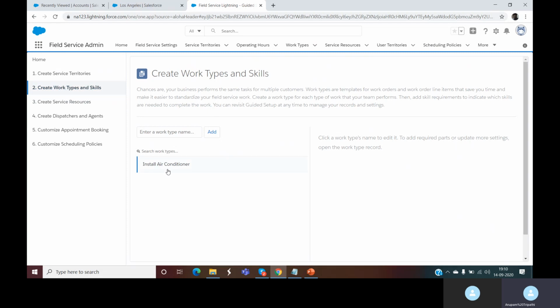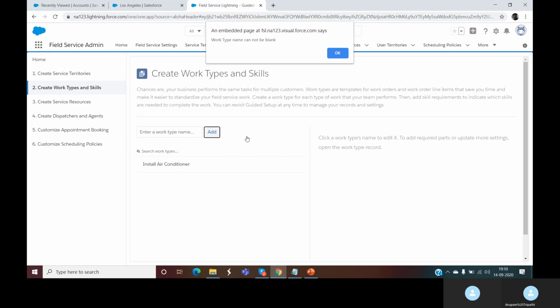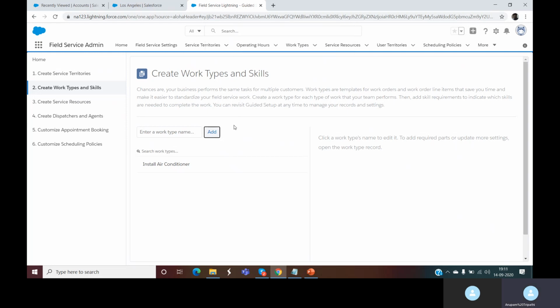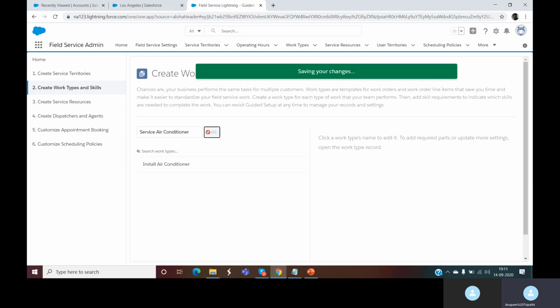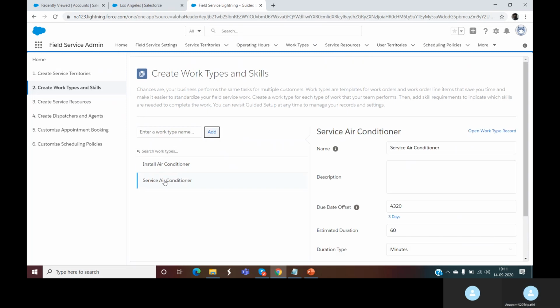We'll see that there's already a work type that we have created earlier. So we will add the work type as service air conditioner. We'll click on add. The service air conditioner will be added.